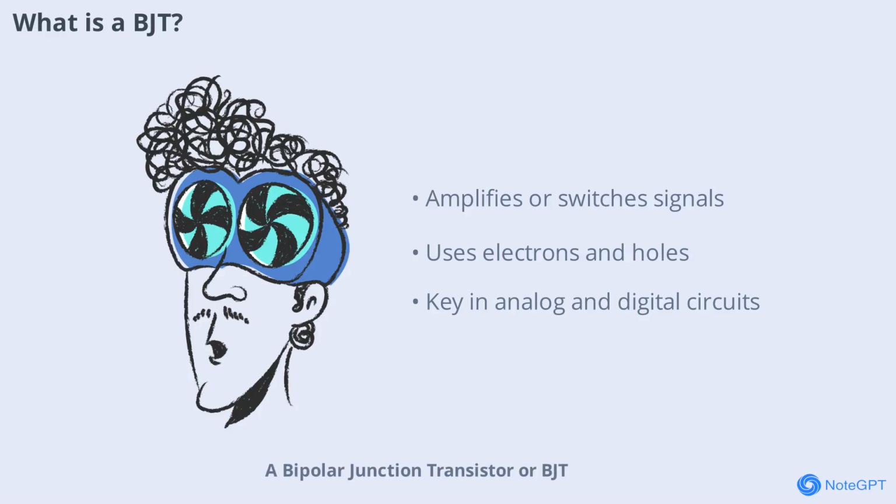Bipolar Junction Transistor, or BJT, is a type of semiconductor device that can amplify or switch electrical signals. It's called bipolar because it uses both electrons and holes as charge carriers. BJTs are found in countless electronic devices, from amplifiers to digital circuits. They are essential building blocks for analog and digital electronics. Understanding how BJTs work lays the foundation for more advanced topics in electronics, so let's take a closer look at